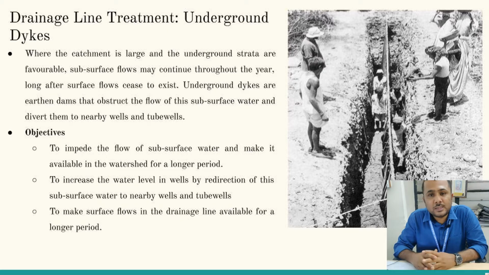Okay, what basically happens is there is a flow of water on the top of the bed and also at the bottom of the bed. The water that is flowing beneath the bed, we call it subsurface flow. In the previous video, we discussed stopping the flow of water on the surface, but we have not discussed the water that is flowing beneath. So by constructing the underground dykes, as you see in the figure, we can stop the flow that is taking place beneath the surface or the bed of the river.